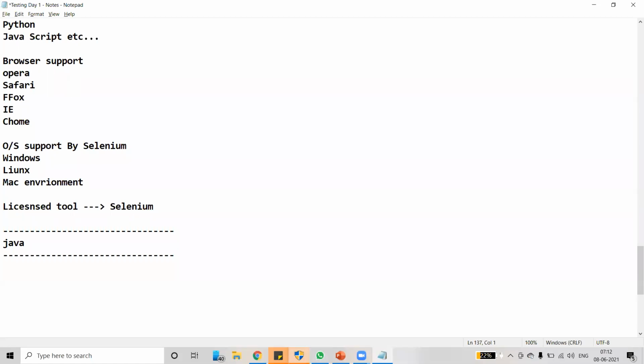In Java, first of all, we have to understand the architecture of Java. How many components are there? Under Java, we have JDK. JDK is the Java Development Kit.